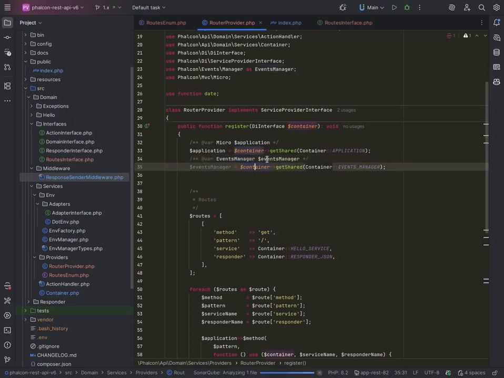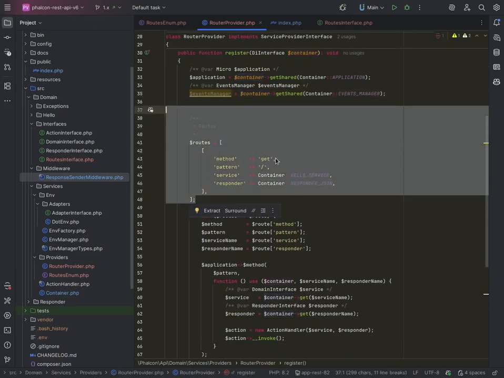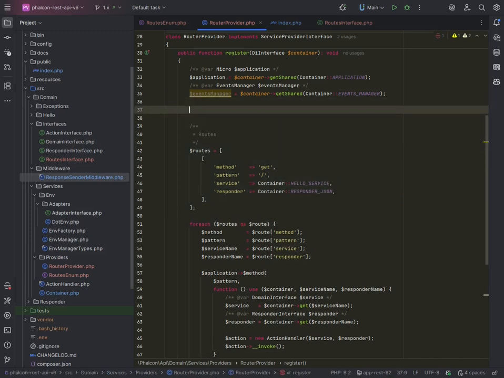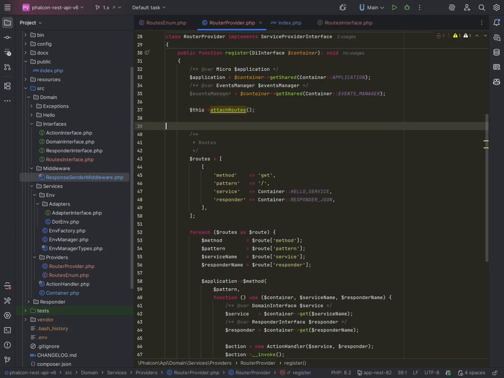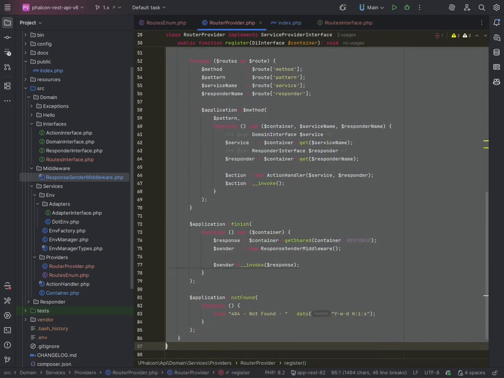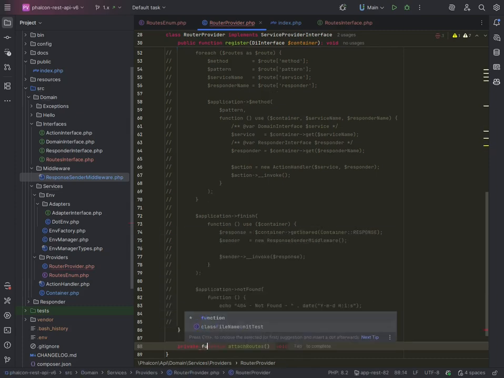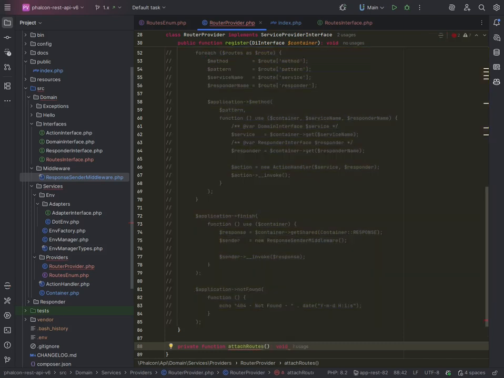Alright, so now we have the events manager. Now these routes here are going to come from the enumeration. So what we need to do is say around here, attach routes. Okay, and then let's comment this out for a minute, and then make a private function attachRoutes, and that will be a void,